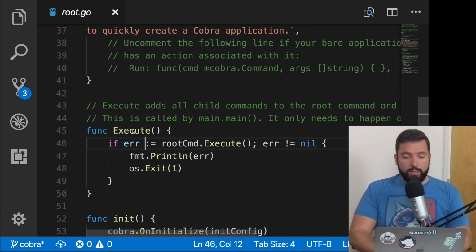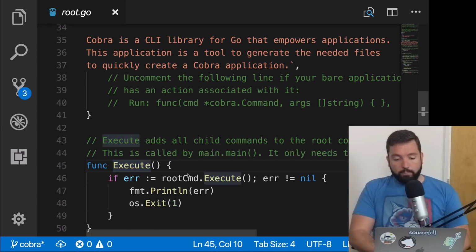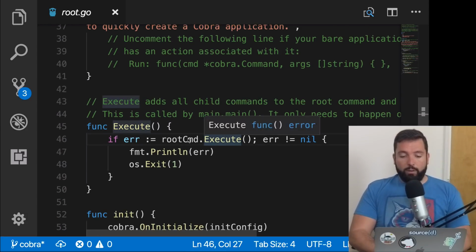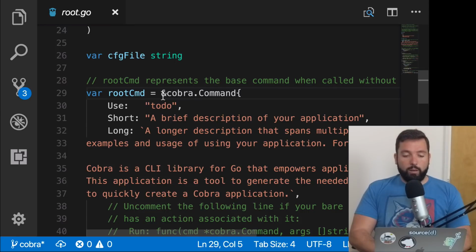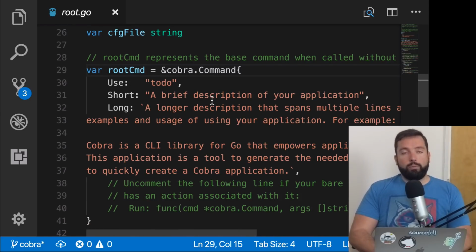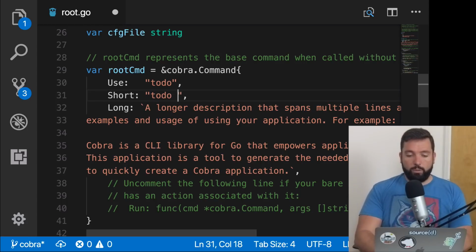Anyway, the important thing is that Execute, that function that we're calling from the main function, calls the Execute method of the root command. And rootCmd is a global variable, a package variable if you wish, that is of type pointer to cobra.Command. So what it has is the Use, which is the name of the command itself, is the root. We're going to call it just todo. A description of what this does. So todo is,